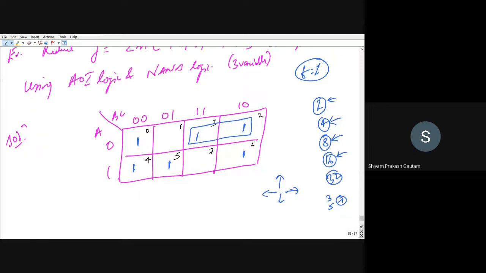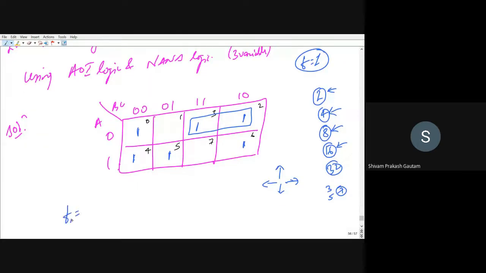right? As soon as you pair it, you can write it down so that again you do not make any mistake. So F minimum. Now you have to identify the common variables in this pairing, or in any pairing. If you use a pair, a quad, or an octet, you have to find out the common variables. So what is the common variable here? If you go row wise, A is common in both cells. And what is the value of A? It is 0. And since we are using SOP form, that is sum of product form, 0 will be bar. So this will be A bar.